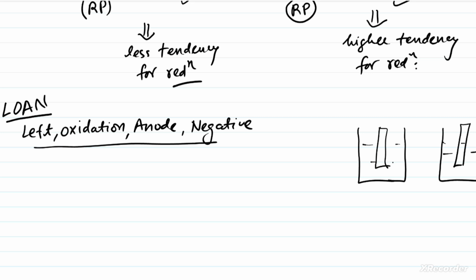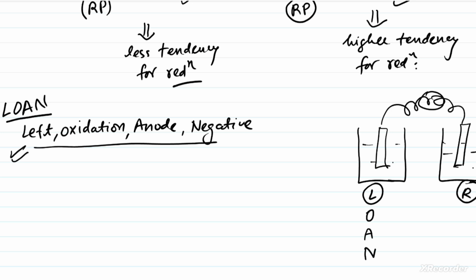So these two are connected by some wire. This is the left chamber, this one is the right chamber. That means in the left chamber, on the left-hand side, oxidation will occur, so this side is the anode, and this one is the negative terminal. Similarly, you can write for the reduction part also. Since this is the right side, here reduction will happen, and this one is called the cathode, and this is the